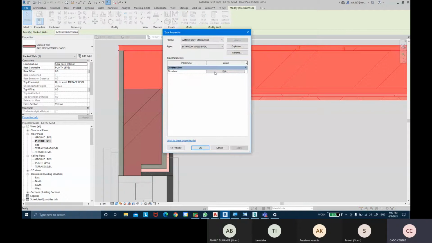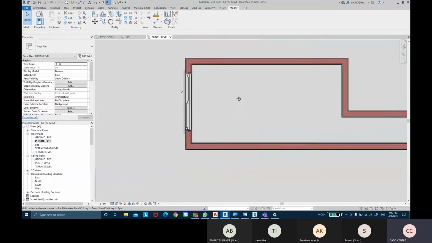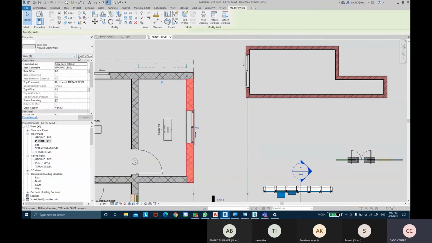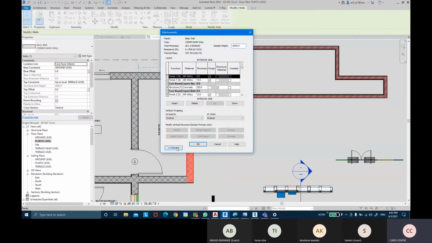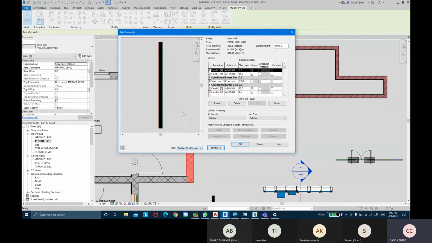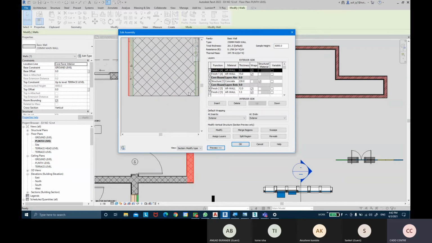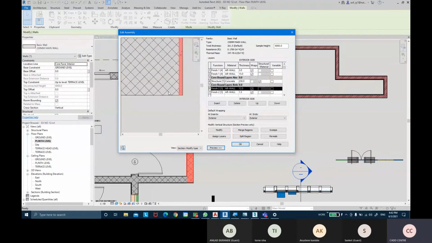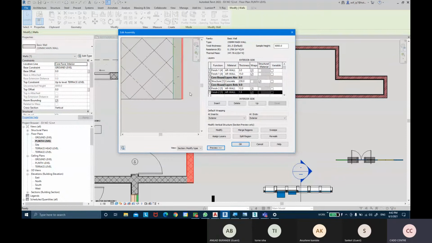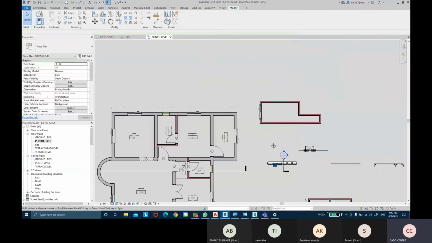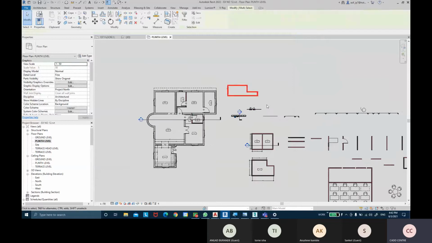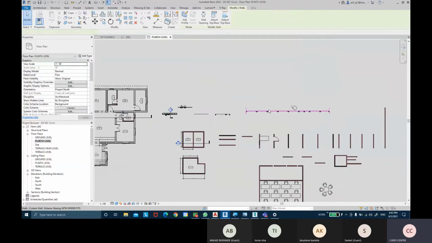So when you come into the edit type and check it out, in the layer functions you might see a lot of detailing. If I select this wall, come into the edit type, look at the editing structure, you can see a series of layers. You have this plaster, then the main core, then the interior plaster and the interior paint as well. A lot of detailing is there. Now when I come into 3D view, let me simply delete all these objects because that might create a lot of confusion for you.